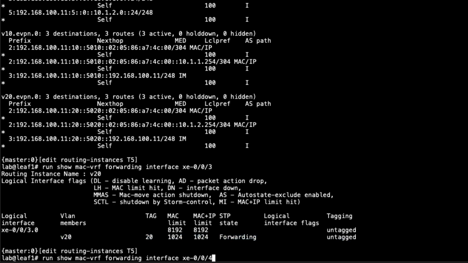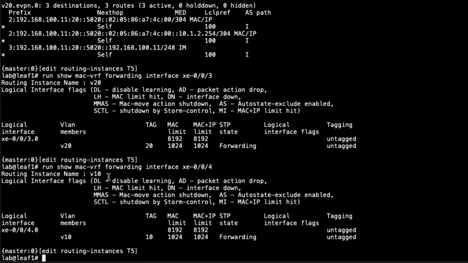We do the same thing for XE004. You see it's a part of V10 for the routing instance. And then we have the interface name, the VLAN ID, the forwarding state, and untagged, which lets us know it is an access interface. And then we can do the run show MAC VRF forwarding MAC IP table and specify